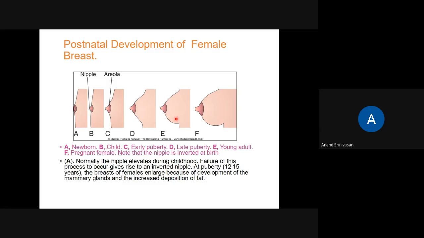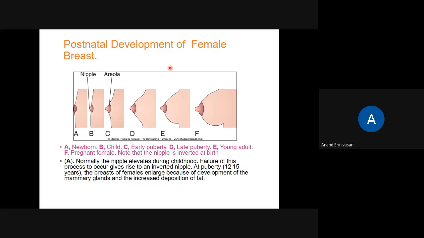You need to look at the secondary sexual character development, which includes the hair development in the axilla and over the genital regions. That's the secondary sexual character, as well as the development of the breast. So these are different stages in the development of the female during the postnatal period, which can help